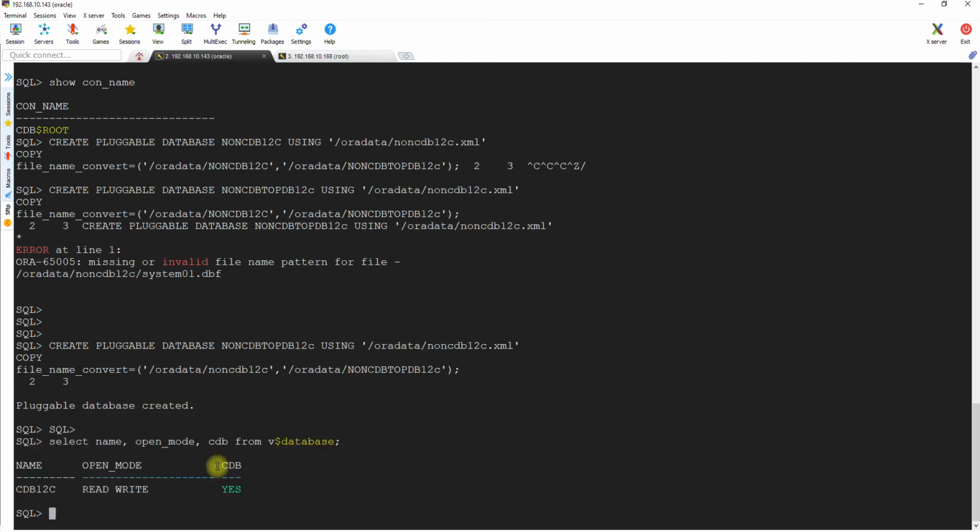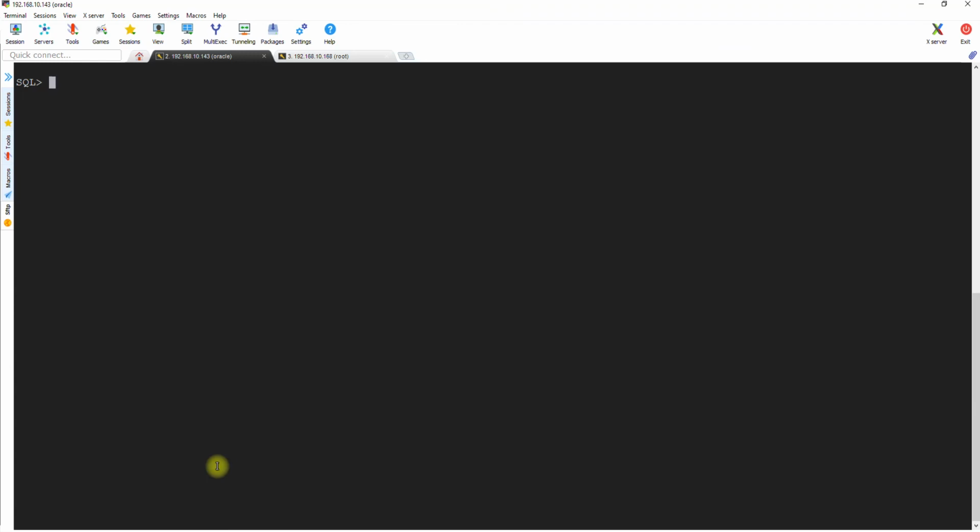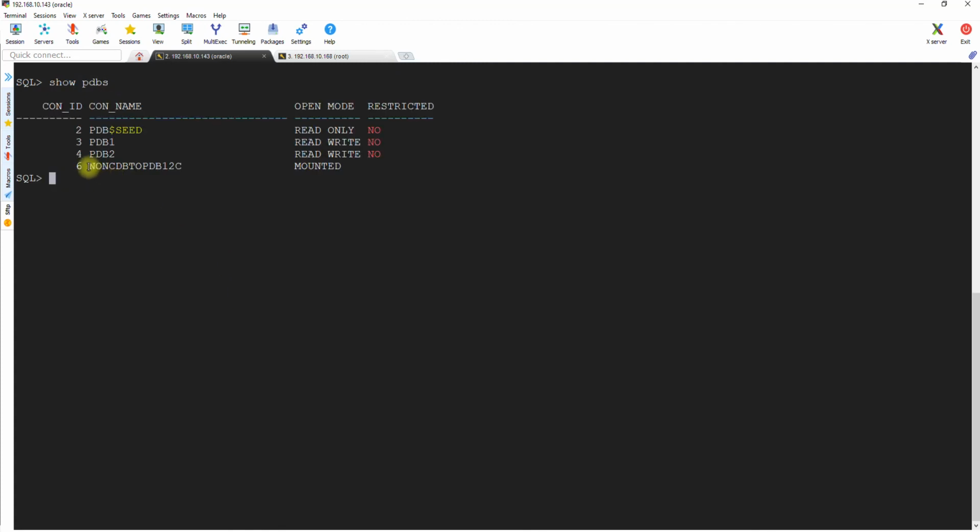Okay, so our environment is a pluggable container environment. Let me clear the screen. Host. Let's check the PDBs. You see that the current database is attached. Now the container database is recognizing this particular thing. We have done 70% of the work, but it's still in closed state. One more major step, one more package, needs to be run before you can use it.